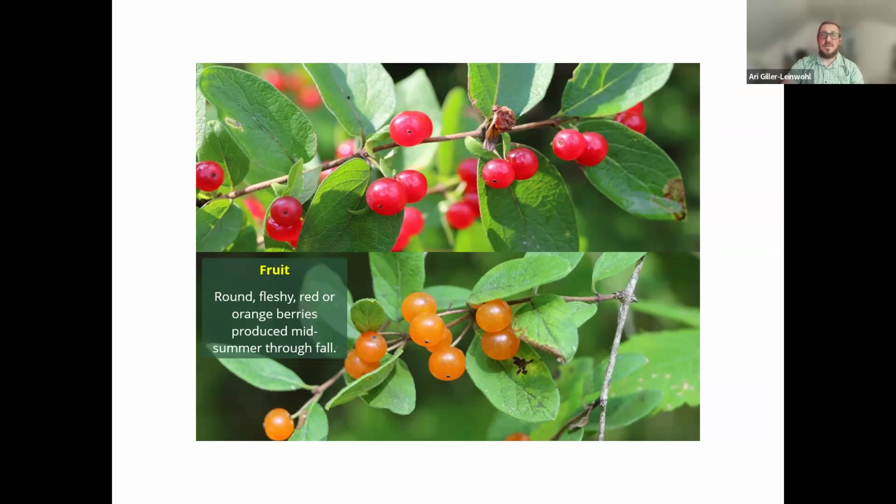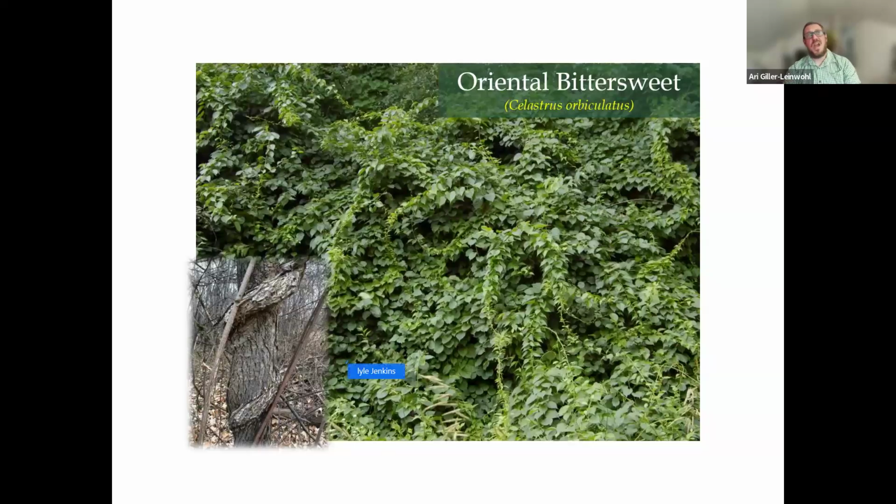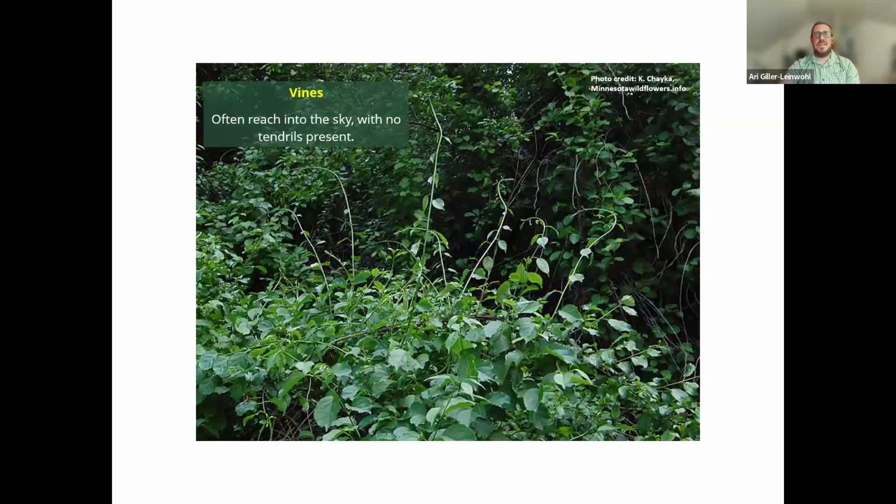I don't think they have incredibly high nutritional value for wildlife, and it's certainly an environmental threat in terms of overtaking forest understory. In terms of key differentiator, the stems of bush honeysuckle are going to be hollow, so that's a pretty important factor. In terms of best management practices and threats to roadside in the Adirondacks and the region at large, I certainly wanted to discuss Oriental bittersweet. This is another species that's readily dispersed by birds. But it's not only an understory invader, but actively twines up mature trees and can kill them and threaten the upper story,